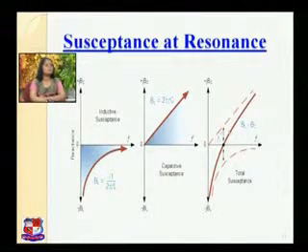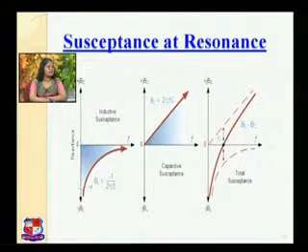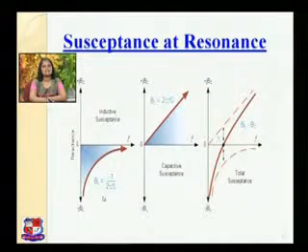Now if you compare this diagram with the diagram of the series resonance circuit, then you can say that it is exactly opposite to the series resonance circuit. Now in a series resonance circuit, what happens? Instead of BL, we consider XL, which is equal to 2 pi FL. So the diagram of XL is just like BC. It is linearly proportional. So in a series circuit, XL is represented by a straight line.